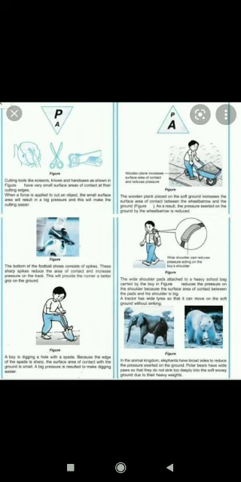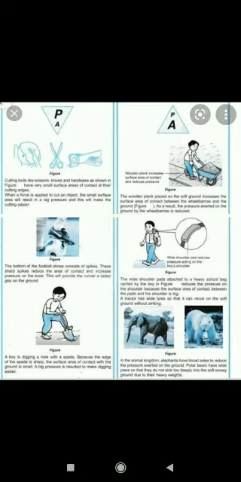Okay, let us learn about pressure on solids, and how pressure can be applied on solid objects. Air pressure is exerted on all objects kept in air. When a weight is kept on a solid, pressure is exerted on it. This pressure depends upon the weight and the contact area between the two.